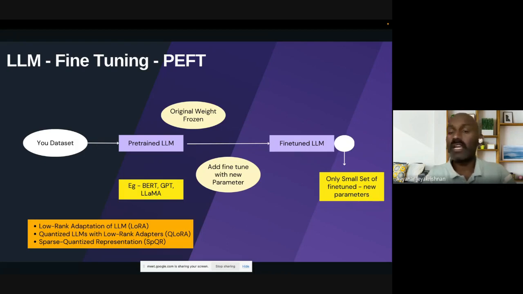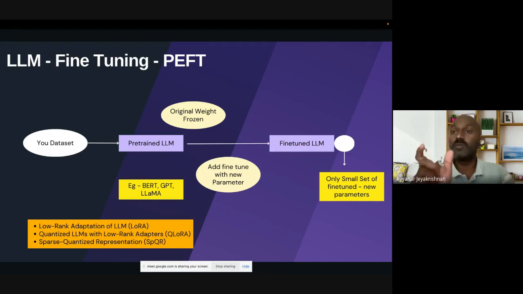One is low rank adaptation of LLMs, or you can use quantization. Quantization is nothing but this: most of the time we use 32-bit as input. Here, we quantize to 16-bit, and the precision will be reduced. Very simply, if you take pi, it is 3.1493752.